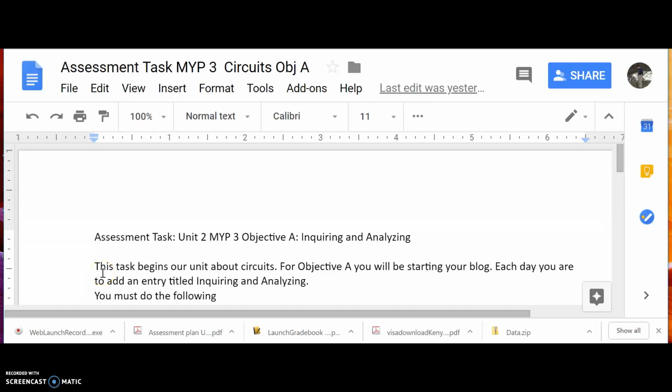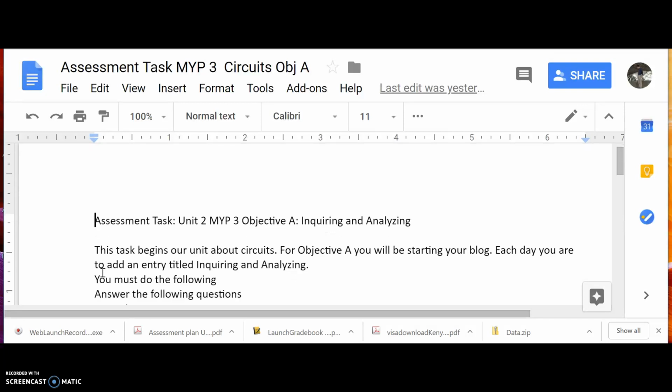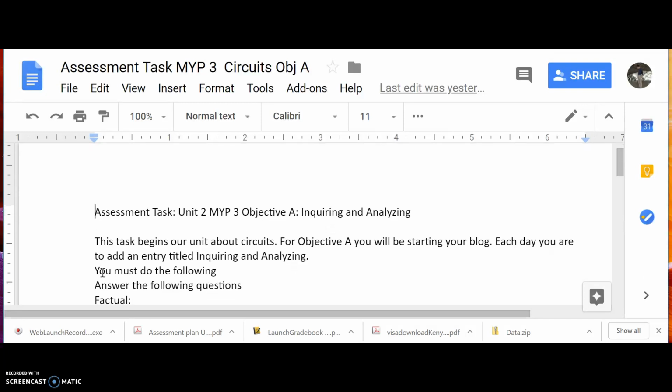Hello there, TASOC designers. I am here to explain to you how this rubric will work for your next assignment. We're going to be going through circuits. So our first assessment will be getting to know a little bit more about what a circuit is and go into a little bit more about what electricity is and how it works around us. Once we do that, we'll start going into the kits themselves, find out how they work, and